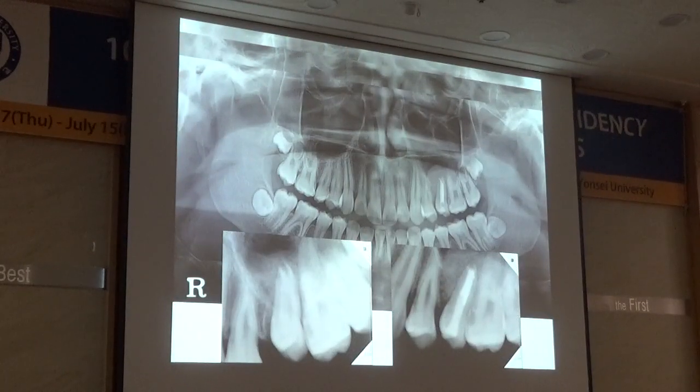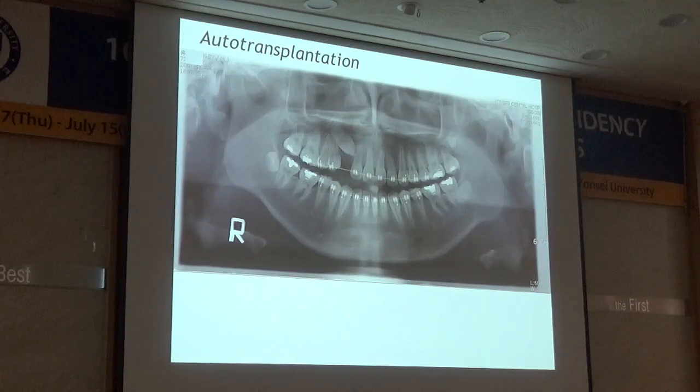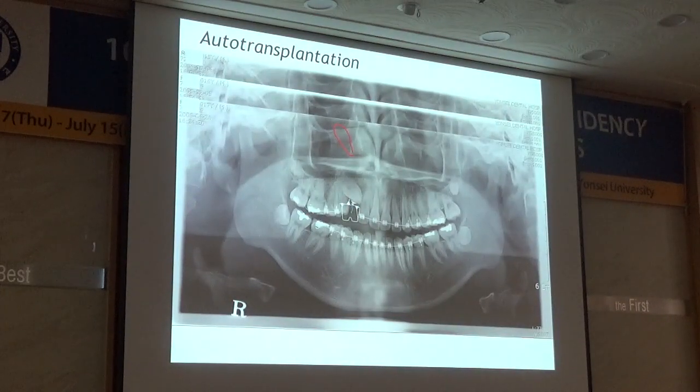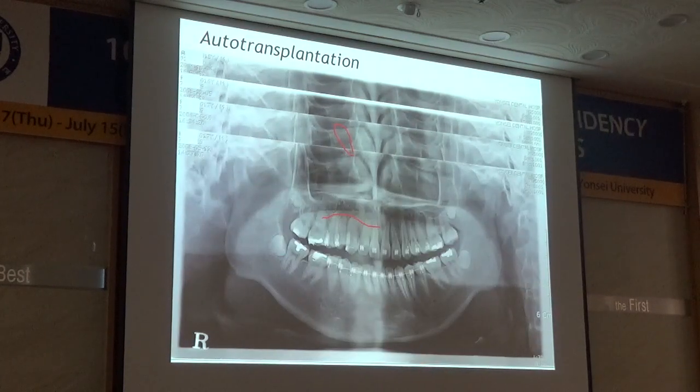This is published in the International Endodontics Journal, and we do the follow-up of this case. But usually we do autotransplantation when we fail the orthodontic movement. So this is a failure case of surgical opening. There's an infected tooth, and we tried to move the infected tooth, but it failed. So there was an open bite at the site. So we opened the flap and positioned the infected tooth at one time.